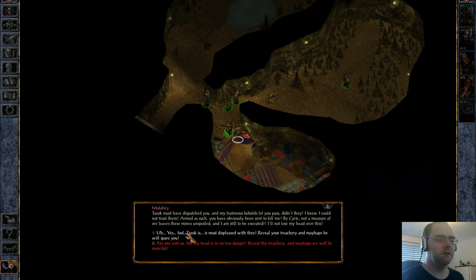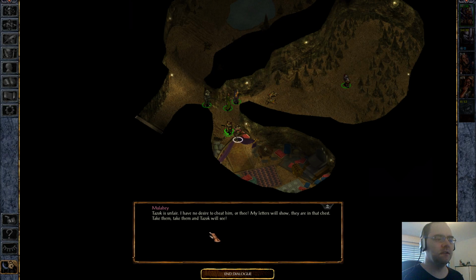Tazak must have dispatched you and my traitorous kobolds that you passed, didn't they? I knew you could not trust them. Armed as such, you have obviously been sent to kill me. By Sorc, not a measure of ore leaves these mines unspoiled, and I am still to be executed. I'll not lose my head over this. Yes, fool. Tazak is most displeased with thee. Reveal your treachery, and mayhaps he will spare you. Tazak is unfair. I have no desire to cheat him or thee. My letters will show they are in that chest. Take them,